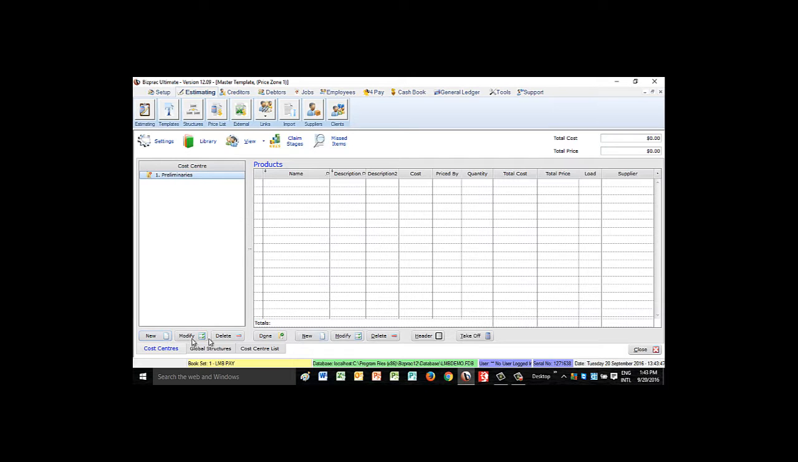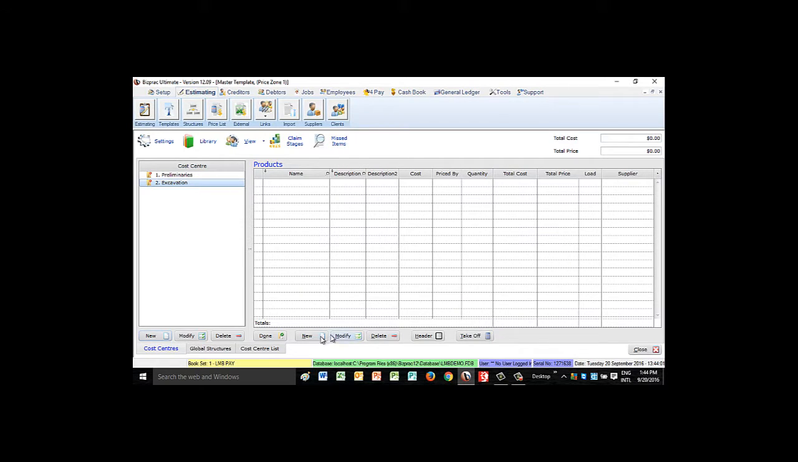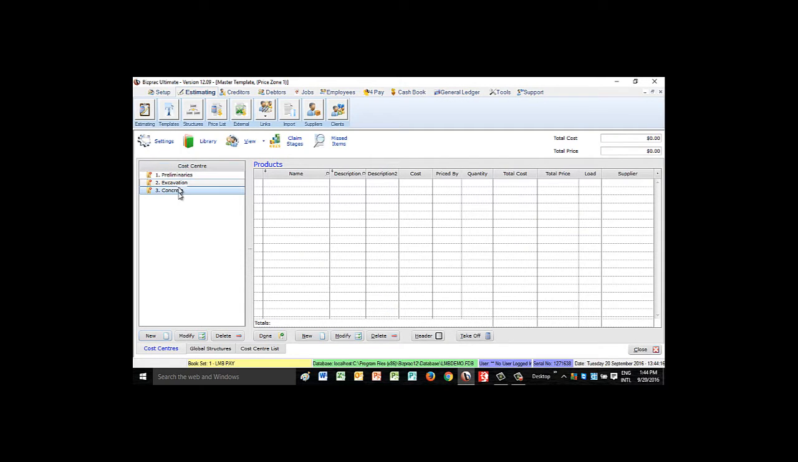Clicking OK. New again. Going to have our excavation here. Now this will probably be site preparation. Again, this needs to be relevant to your project and your business that you are doing, and so on. So we're going to add concrete here, as you can see, and I'm going to add this as a part of the footings. So in terms of this, we just keep going along with adding in all of our cost